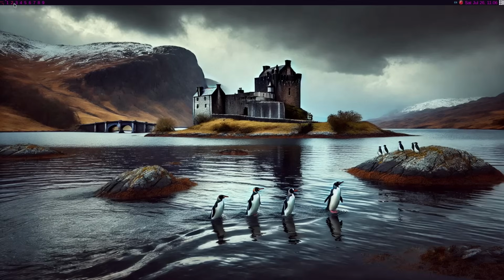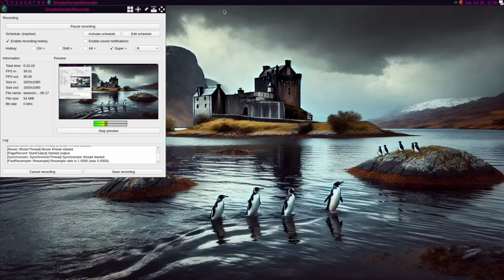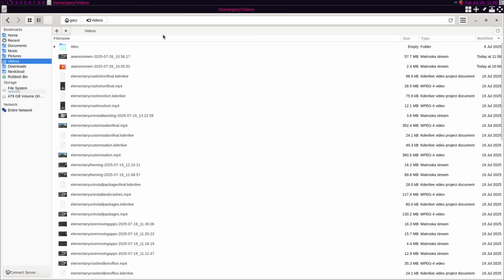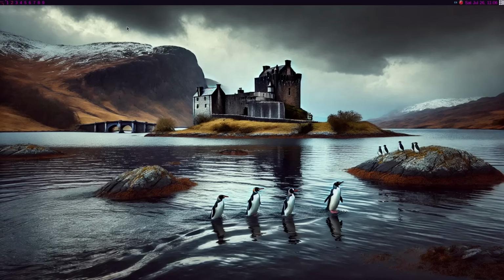So if I go back to this window here, you can see I've got the file manager here, and if I do Super Shift and number 2, you can see that's not on the screen anymore, but if I go to number 2, it's there full screen. And if I want to just go to another screen, so I'm on screen 1 at the moment, I can press the Windows and 2 key, 3 key, 4 key, and you see the highlighting changes slightly,